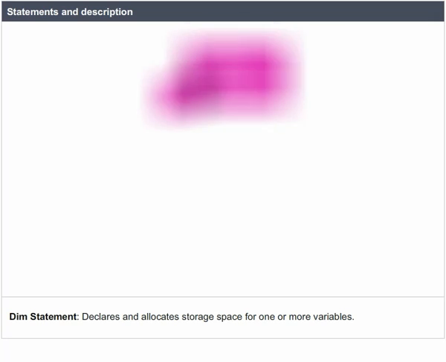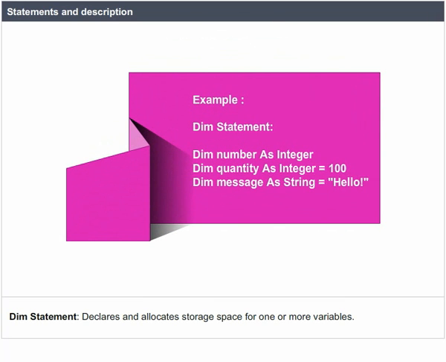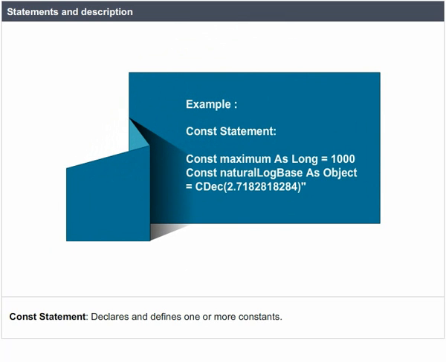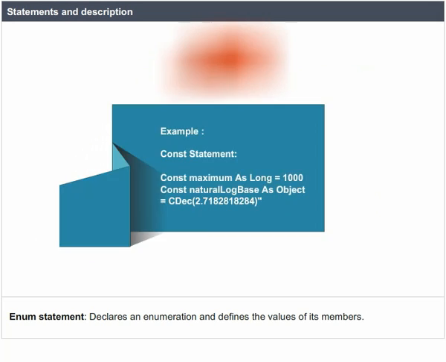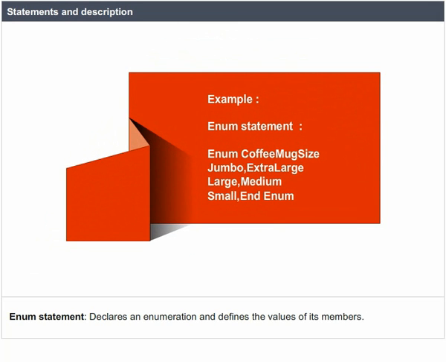Statements and description. The Dim statement declares and allocates storage space for one or more variables. Example. The Const statement declares and defines one or more constants. Example: The Enum statement declares an enumeration and defines the value of its members. Example: